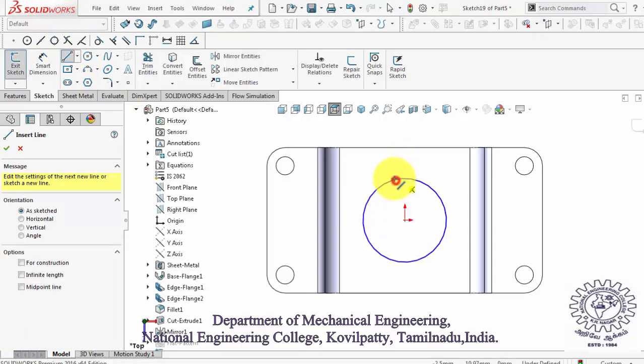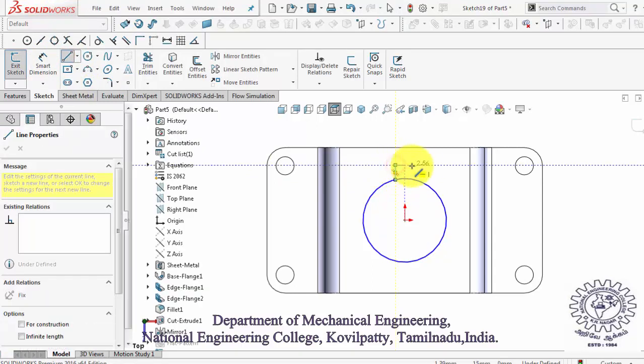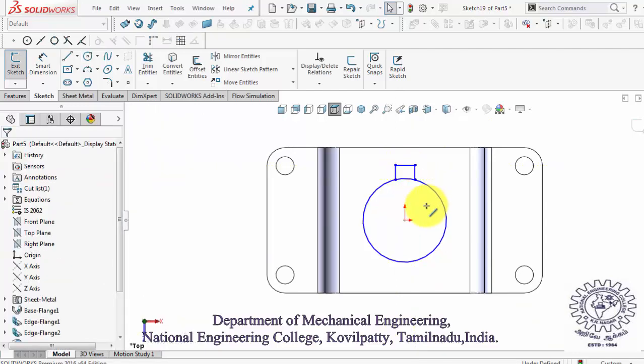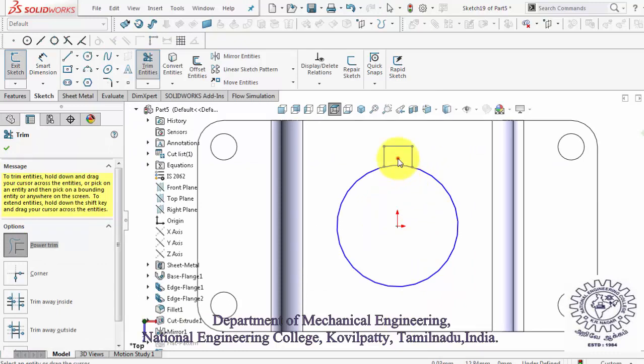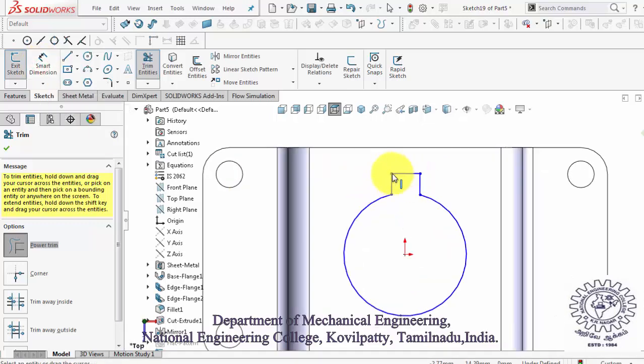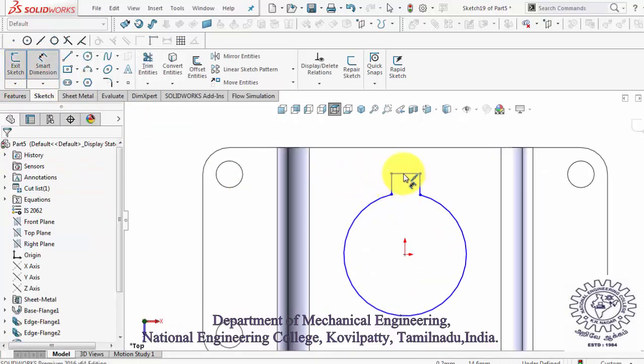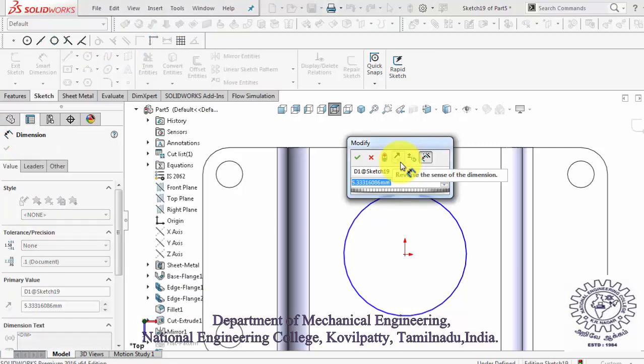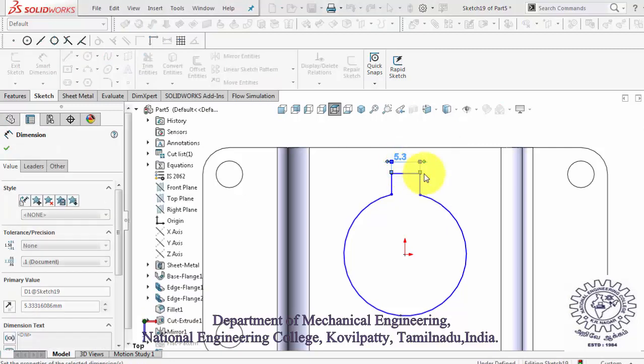Now make the profile as given in the manual using line command. Trim the unwanted entities using trim command. Now specify the dimension of the drawn sketch using smart dimension command. Now after dimensioning,